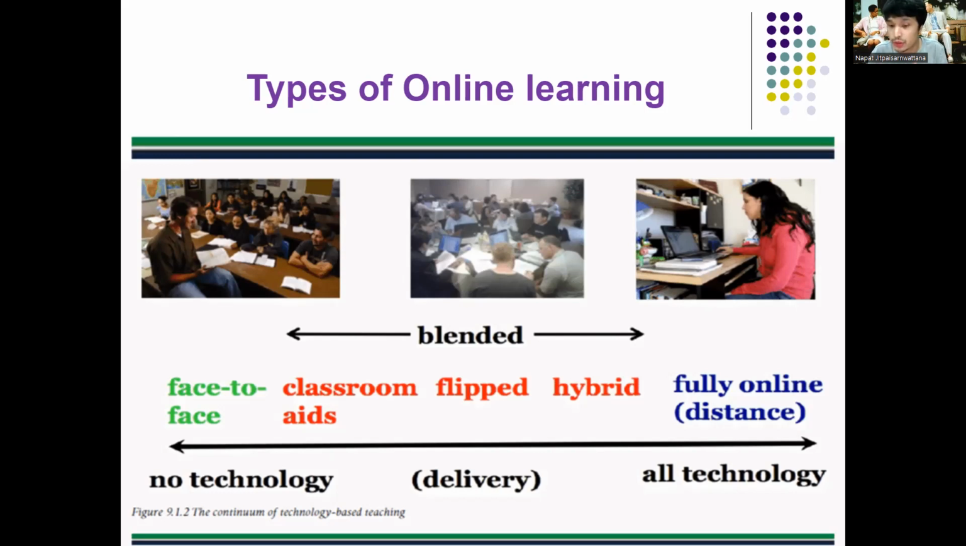Then we have something we call hybrid learning. A lot of people still argue about what hybrid learning actually is. But I think by definition, hybrid learning means that 50% of the course content is taught face-to-face in the class, and the other 50% of the course content is taught online or is put online, and students study that in